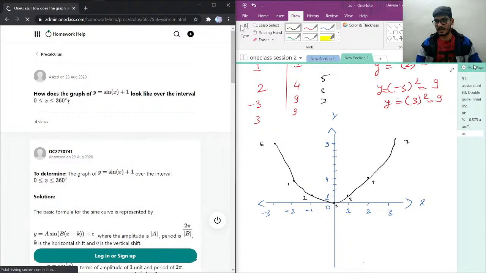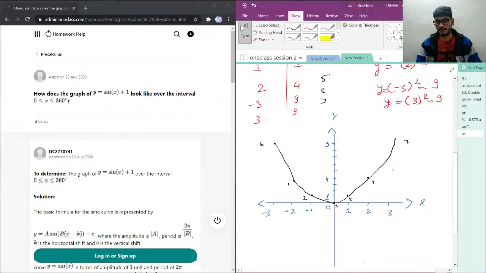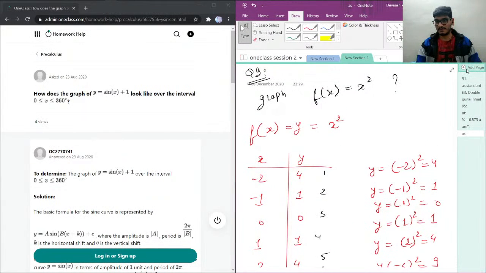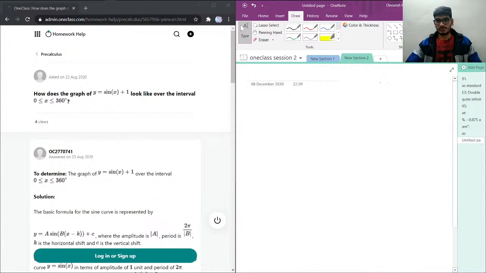Now we had, this was question number 9, I think, yeah. So this is going to be question number 10. For question number 10, what we need to do is draw the graph